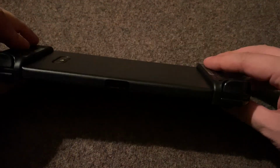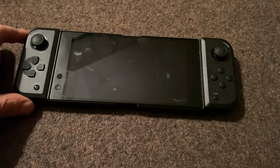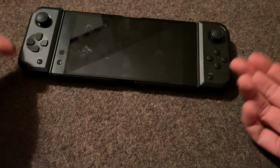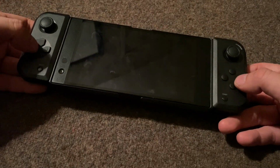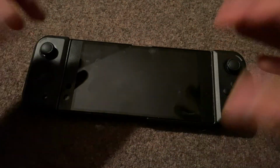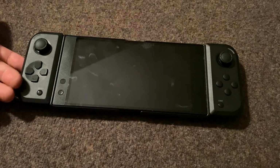of gaming controller. So that's why when the Razer JungleCat came out, I was really deciding between the Asus ROG Phone 2 with the Kunai gamepad, which also has these Switch style controllers, and the Razer Phone 2. And now that the JungleCat came out, I was looking at the Raiju Mobile before, which I was a little bit hesitant on because the Raiju Mobile wasn't that portable. But this one, the JungleCat, which just came out a few weeks ago, this really caught my attention, and I was like, okay,